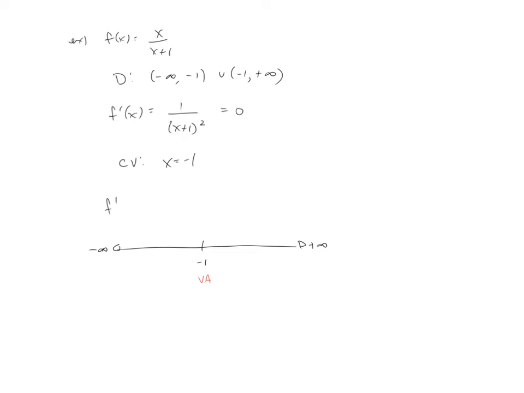I'm going to come over here and I'm going to pick some numbers on either side, maybe a -2 and a 0. And then you can take those numbers and you can plug them in up here. Now in this particular case, we really don't have to work too hard because my numerator of the derivative is always positive. My denominator is always positive, so you really don't even have to plug the numbers in if you don't want to. You know these are going to be positive. Okay? So what does that mean about our interval of increase and decrease? Well, we are increasing because of the pluses, and so